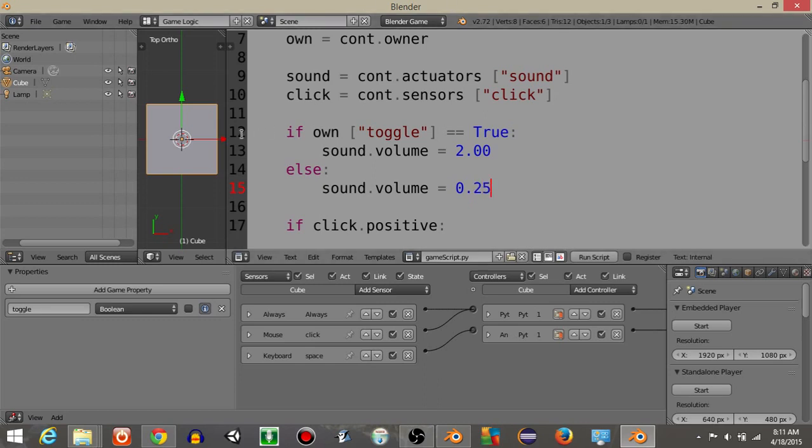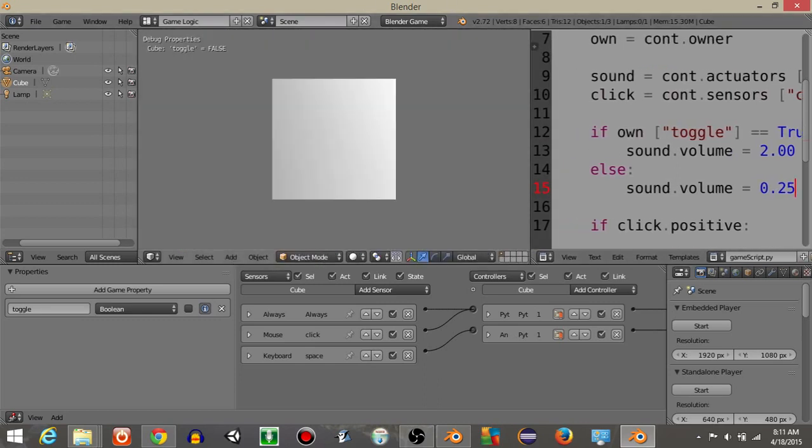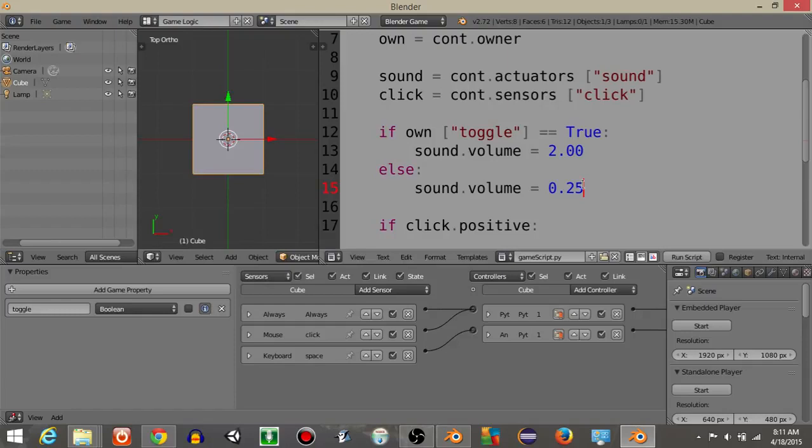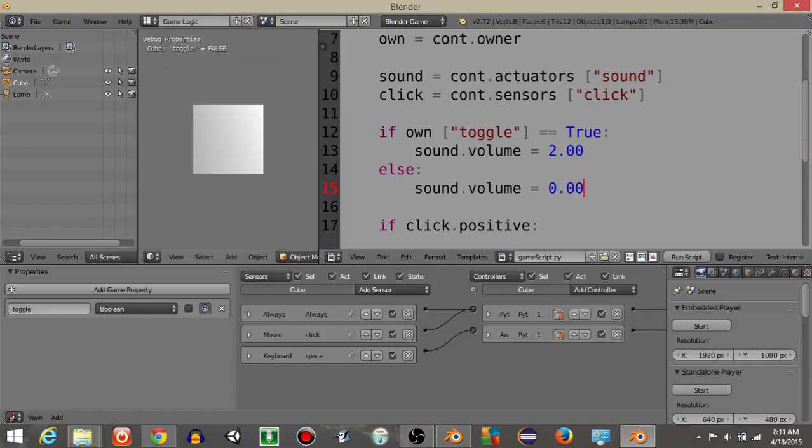So we should be able to hit play and hear that it's really soft, and we should be able to hit the space bar to set it to true and hear that it's a lot louder. If you want more of a definite example, we can set this to 0 really quick. Hit play or P, and we can't hear anything when we click because it's off. Toggle it to true,